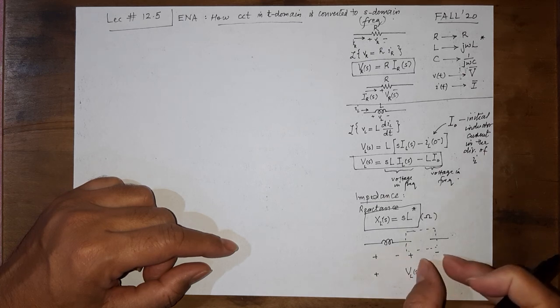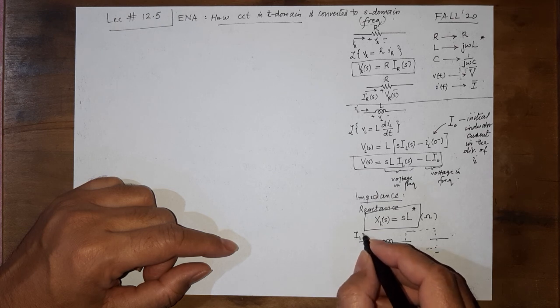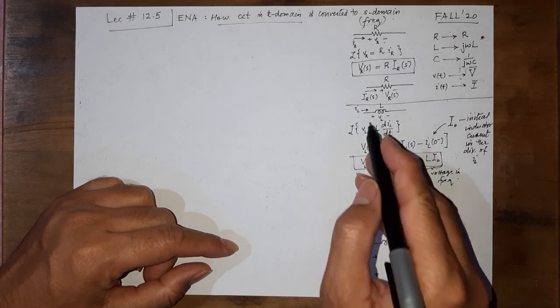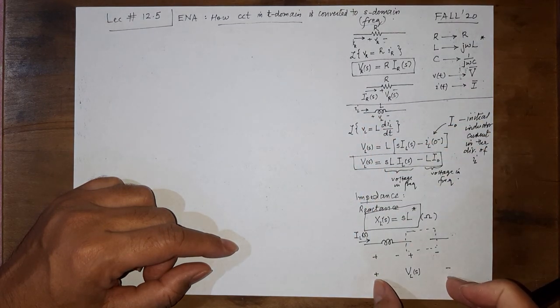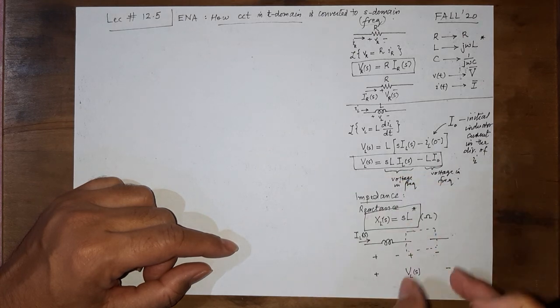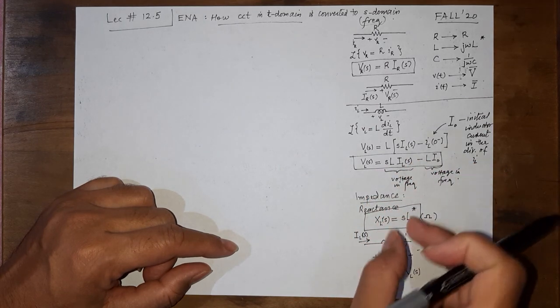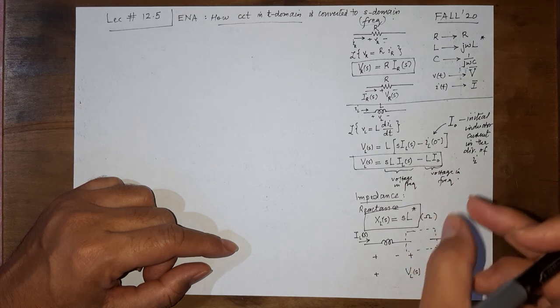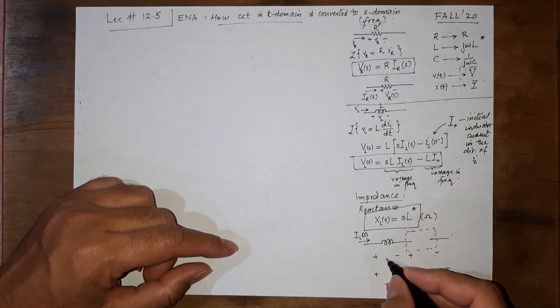So what is this thing and what is this thing? And the current through this inductor was IL of S, and the voltage across the whole thing is VL of S. But now this VL of S has two parts. One of the parts is dependent on IL of S and SL. So it should be just like Ohm's law, the application of Ohm's law. So this term is actually SL IL of S.